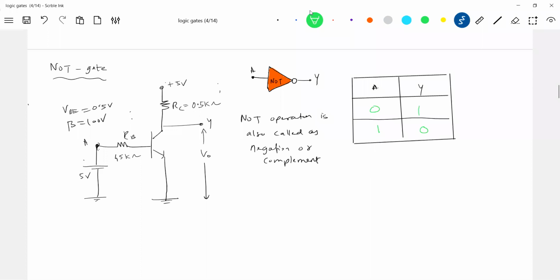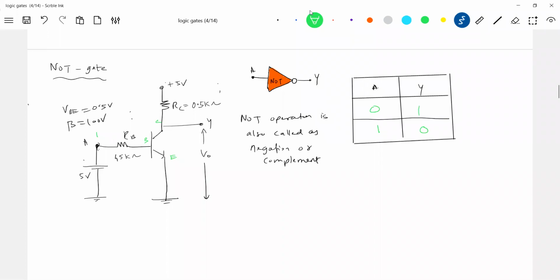How do we implement that? We take help of a transistor. I think you know some idea about the transistor. Like we have this collector, base, emitter. So the high input A equal to logic 1, because A equal to 5 volt, no? Here 5 volt we applied at this particular point.